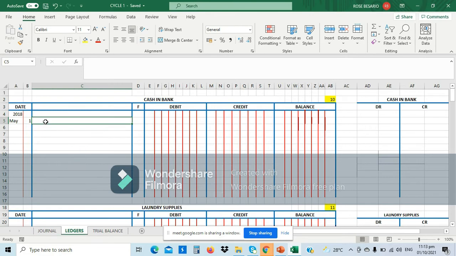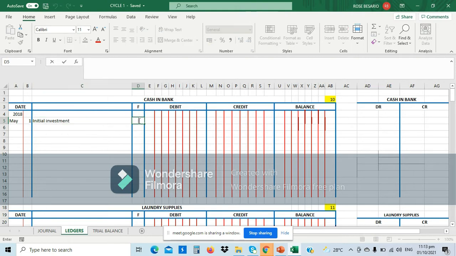I need to explain here what brings us the cash of 250,000, so this is an initial investment. Then in the folio column, I will place J-1. This is understood to be journal page 1. And then I will enter the amount